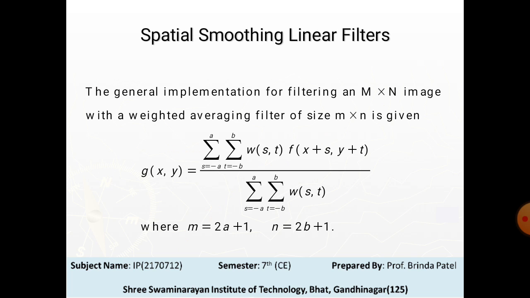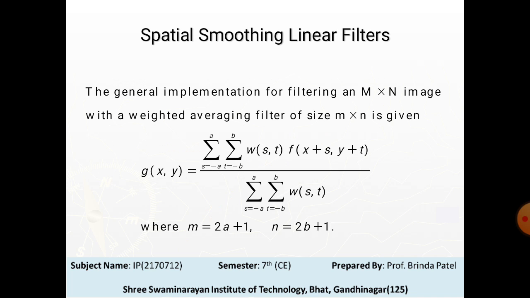So the smoothing filter is straightforward: replace the value of every pixel in an image by the average of the intensity levels in the neighborhood defined by the spatial mask. This process results in an image with reduced sharp transitions in intensities, because random noise typically consists of sharp transitions in intensity levels.